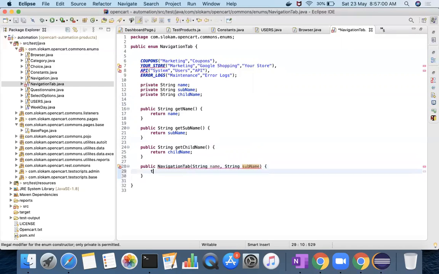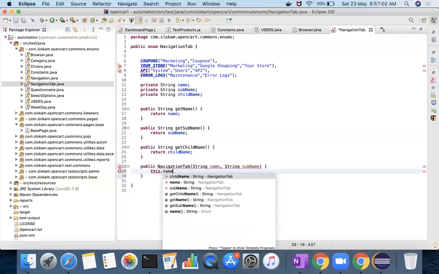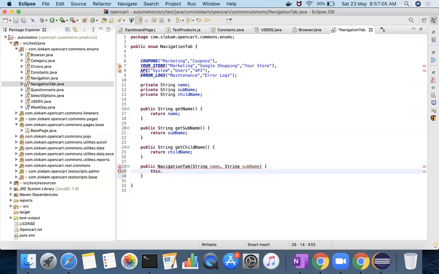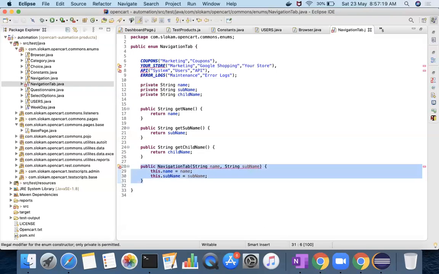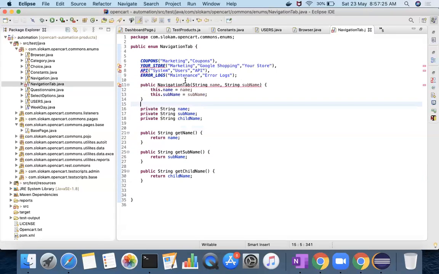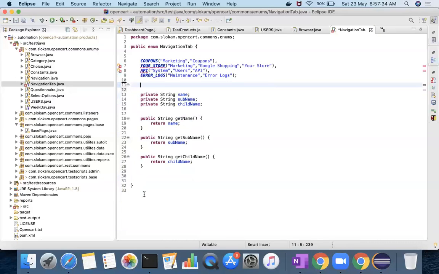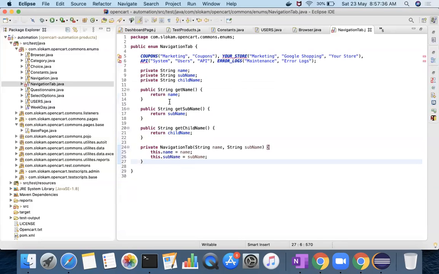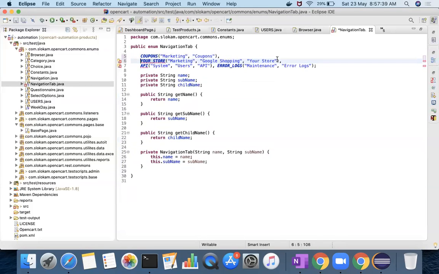Now this dot name equals name. This dot subname equals subname. So actually the constructor has to be defined. This constructor should be a private constructor, not a public constructor.